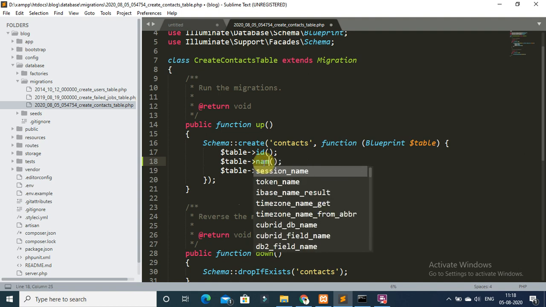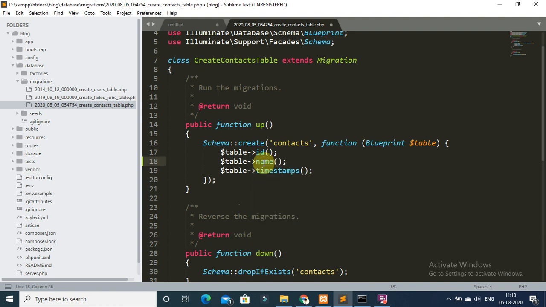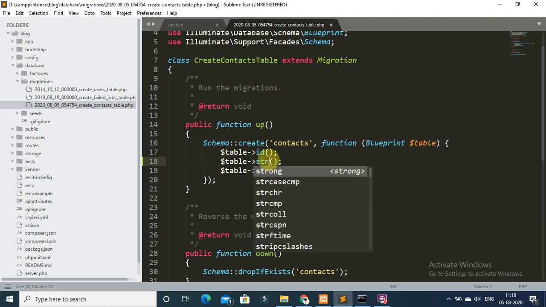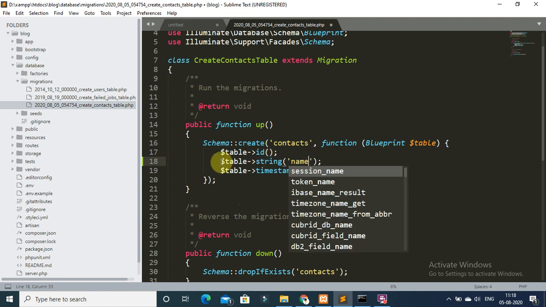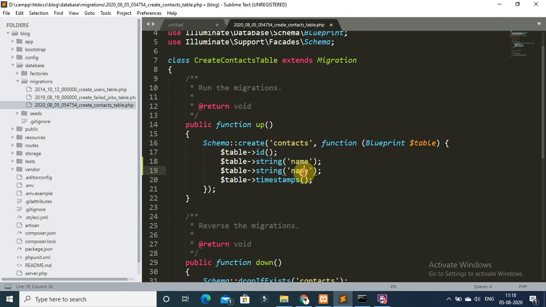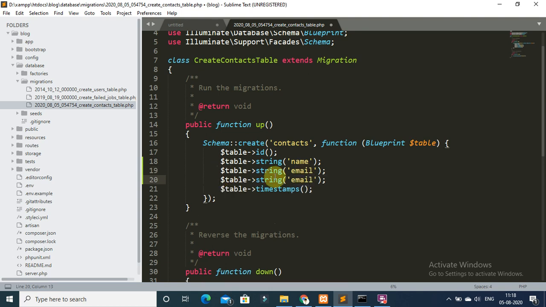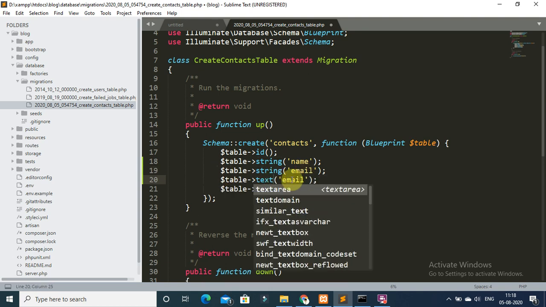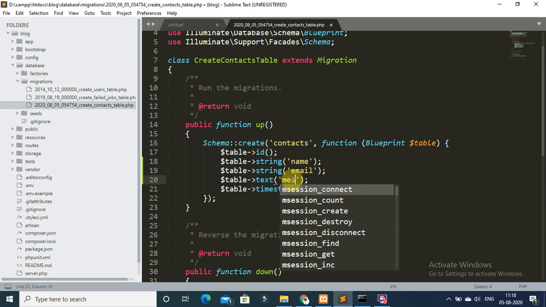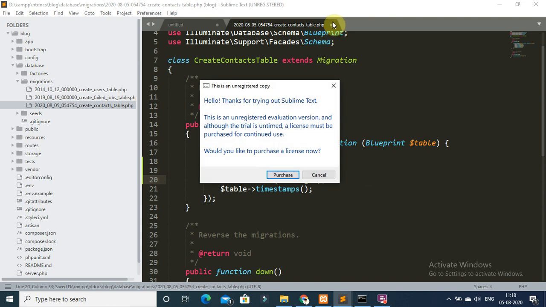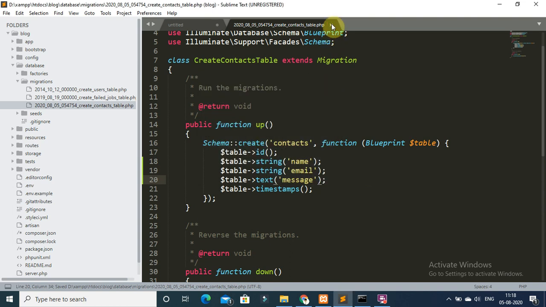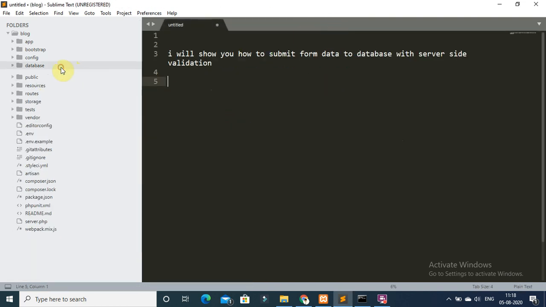A string field named name, then a second field named email, then a third text field named message, and save it and close this.